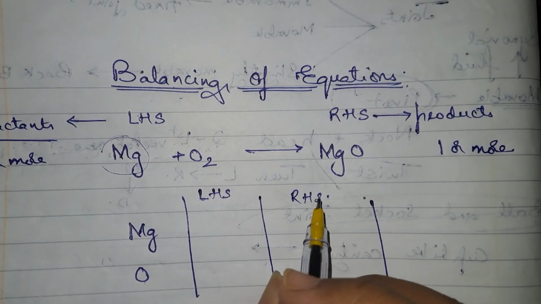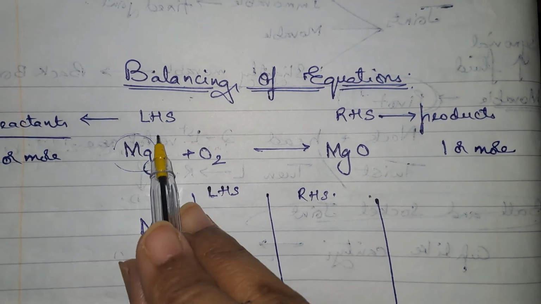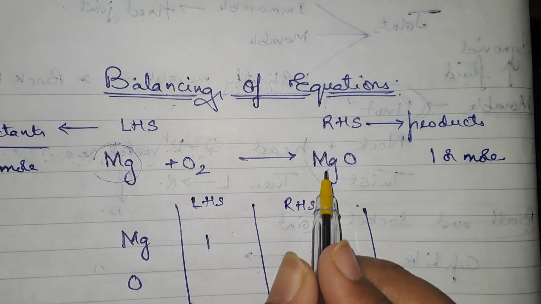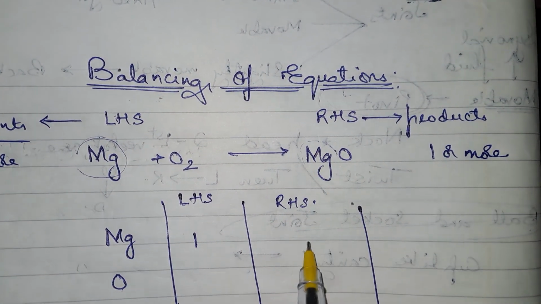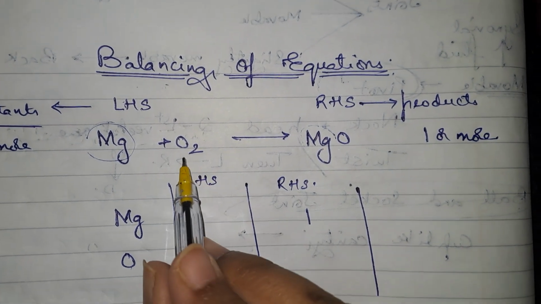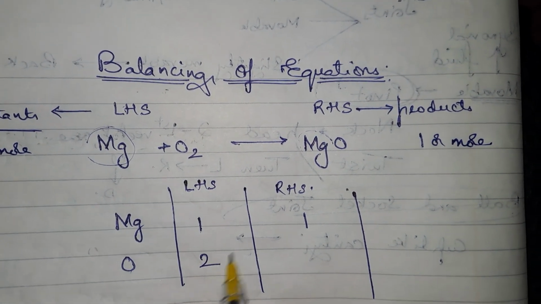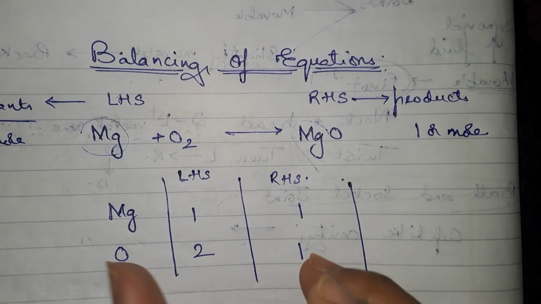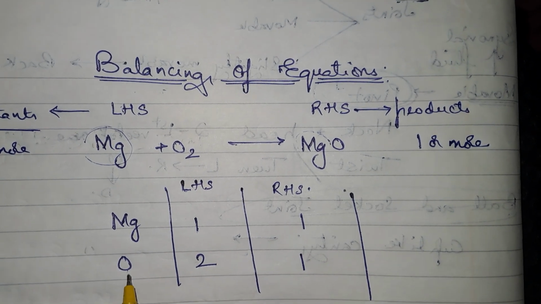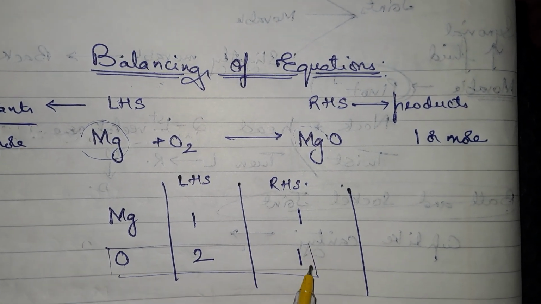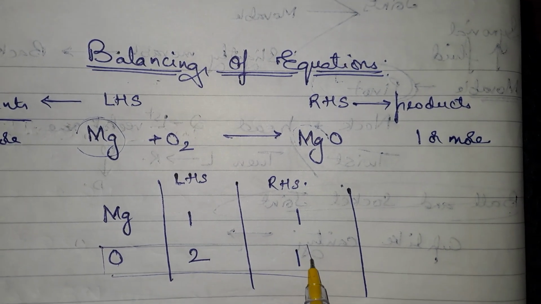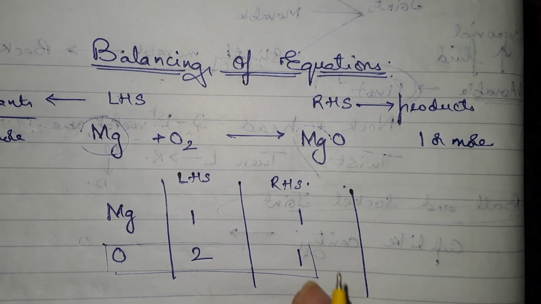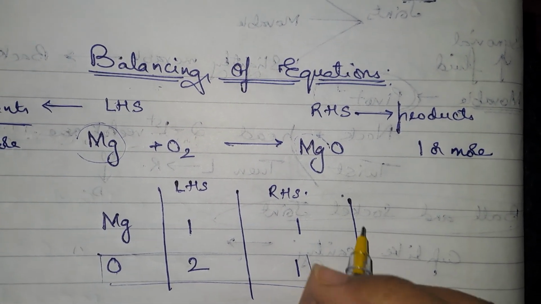Okay, now on the LHS side, how many magnesiums do I have? I have 1 magnesium. On my RHS side also, I have 1 atom of magnesium. So I've written it down. On my LHS side, I have 2 oxygens. Over here, I have 1 oxygen. So I can very well say that my oxygen is not balanced on the right hand side. Okay, so that I want to make 2 oxygens, what I am going to do is